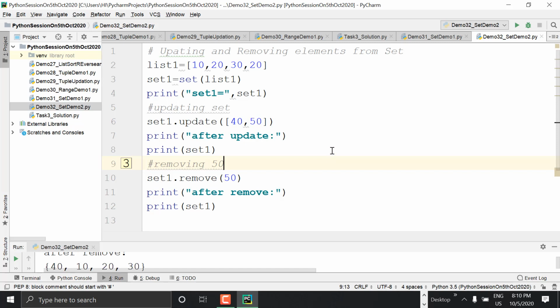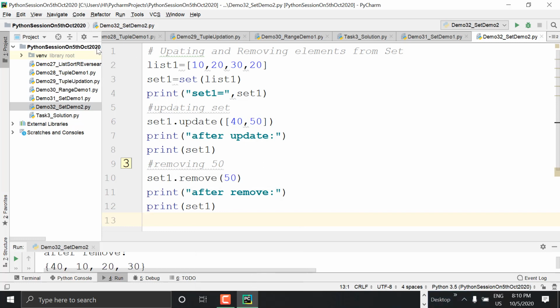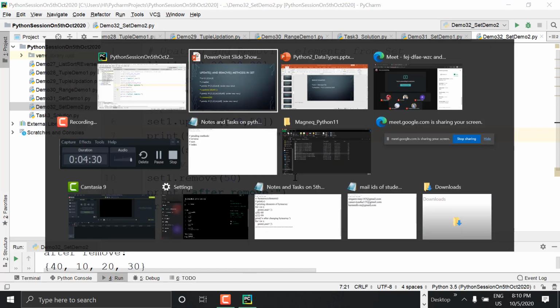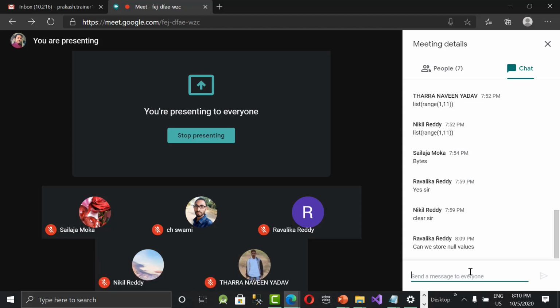Null values, generally we never try to store. None is nothing but a null value. Generally, none is used when we are not returning a value from a function, and if you are not specifying any return type. Suppose I don't want to pass anything, by default I want to store none, then we go for none. If you try to store it, it may show an error because none is not supported, I think so.